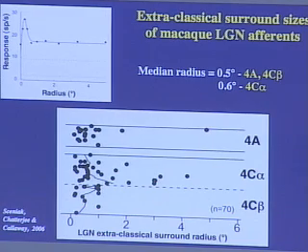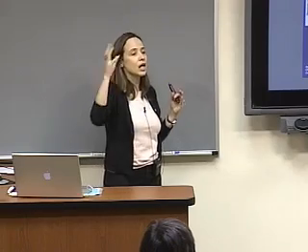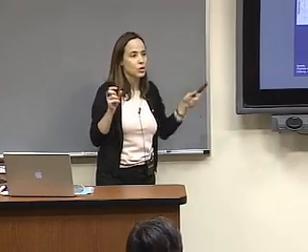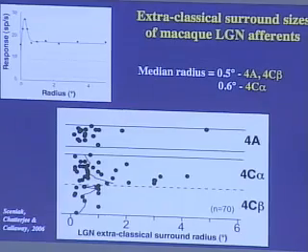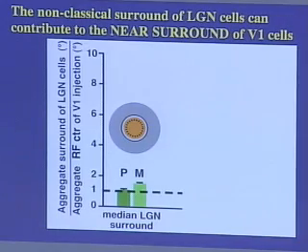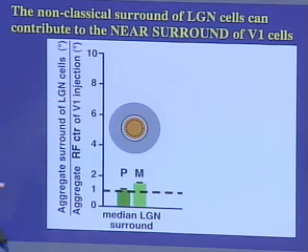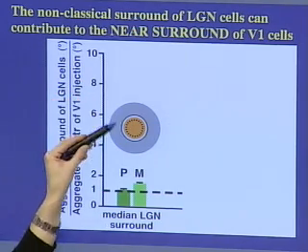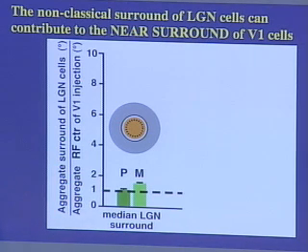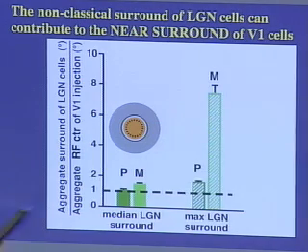So what we did is we added these measurements, the median size and the largest size of LGN surrounds, to our measurements of the anatomical spread of the feedforward projection. And this is what we found. When you use the median LGN surround sizes, this ratio is still close to 1 or just above 1, which suggests that LGN surrounds can provide surround fields in V1 that extend just a little into the near surround of the V1 neuron. If we use the larger surrounds for the parvo layers, we find the same result.